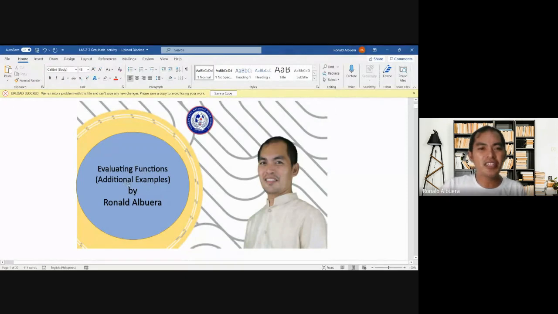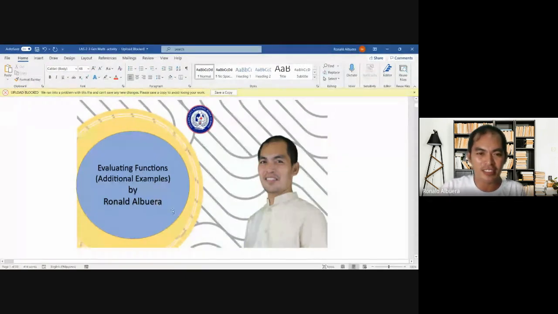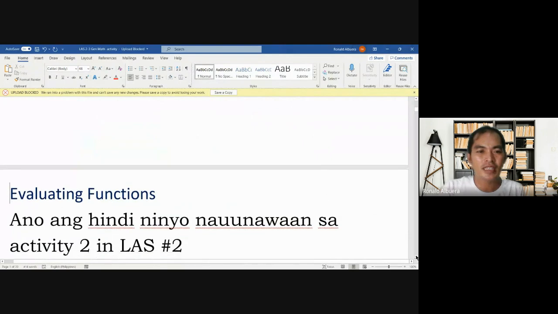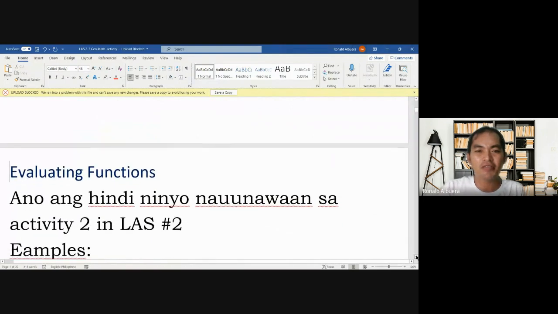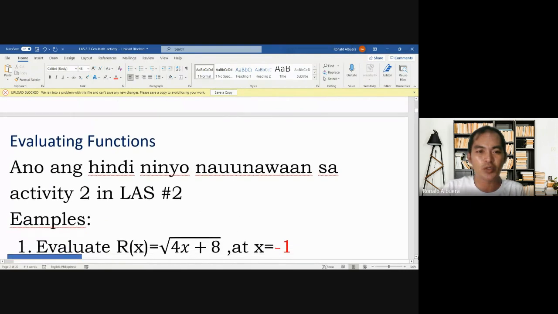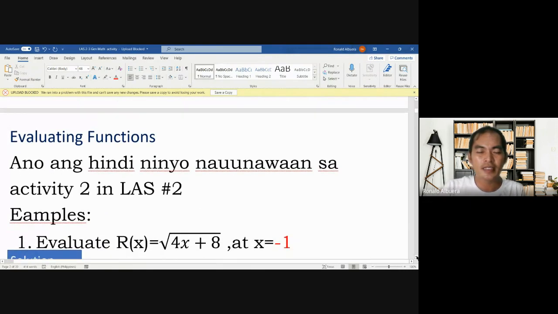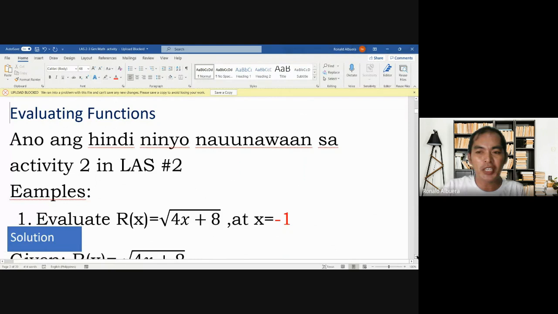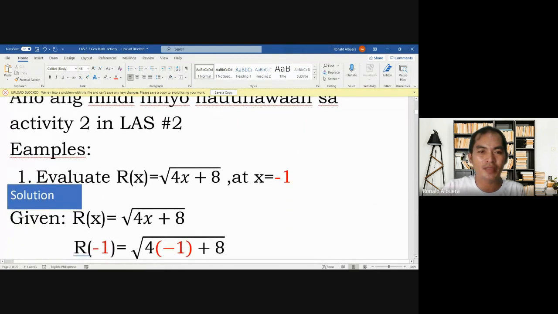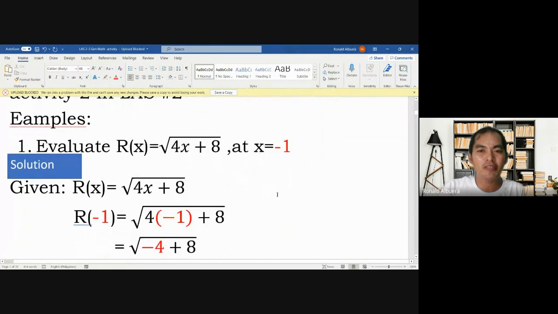So we have additional examples on evaluating functions. Okay, so we have here, sabi dito, ano ang hindi ninyo naunawaan sa activity na ibinigay ko in last two? Okay, so merong nagsabi, yung may radical sign, sir. So we have here, halimbawa, paano nyo i-evaluate